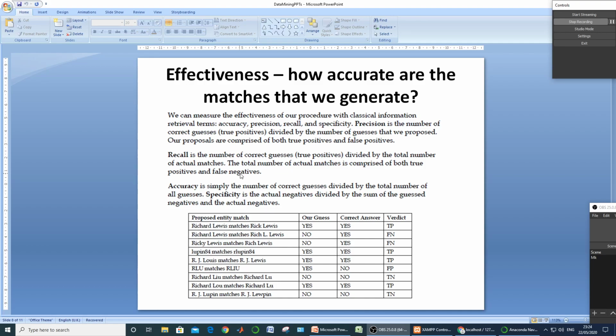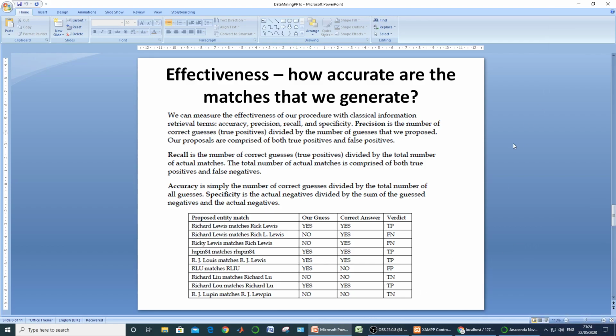So this formula is going to generate our recall. For our case, 1, 2, 3, 4 were true positives, and 2 were your false negatives, so 4 upon 4 plus 2, which means 4 upon 6 is going to be your recall.